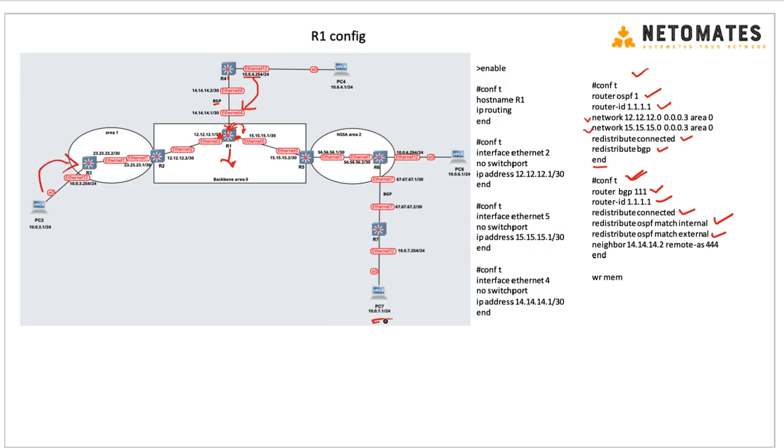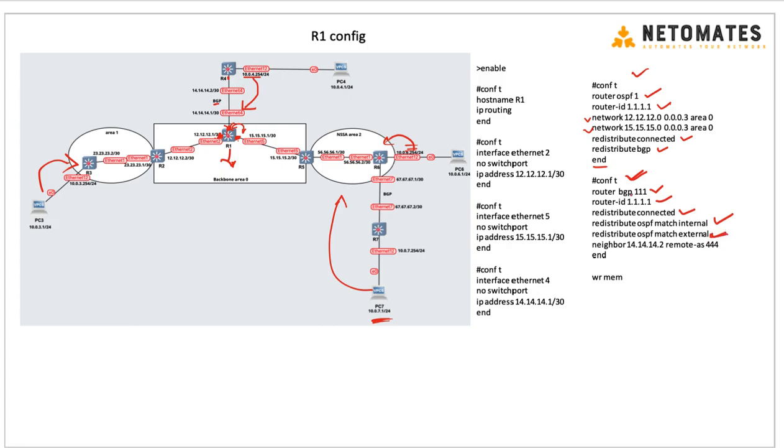This network is also external. This network is also external. Whenever these routes are learned through redistribution into OSPF, those will be external routes. So whatever external routes and internal routes R1 is learning through the OSPF process, we are sending